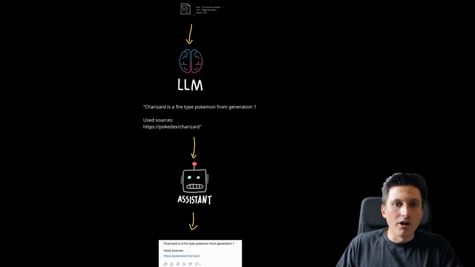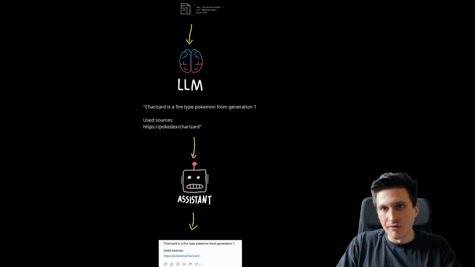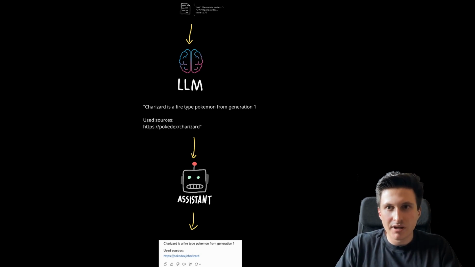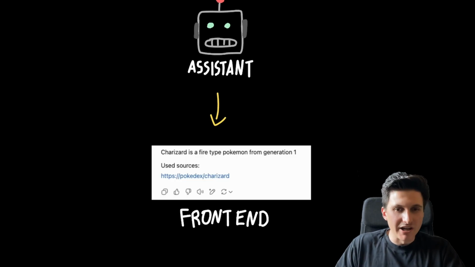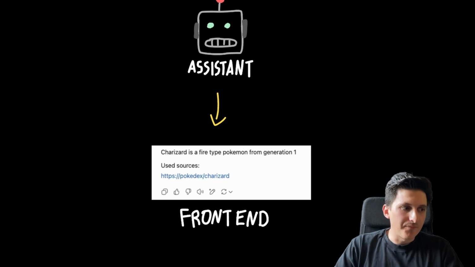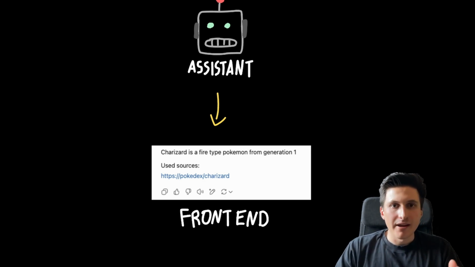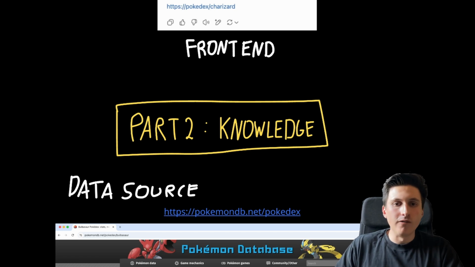So in short, what RAG comes down to is automatically constructing a prompt to an LLM based on documents you fetched from a knowledge base. So in theory and in concept, this is all very simple. In theory, it all sounds very easy, and you also see that the implementation initially is very easy. It can be quite hard to actually get it all right in all the details, but this project will form a very good base for actually implementing something really good. So let's now go over to part 2, which has to do with everything concerning the knowledge,